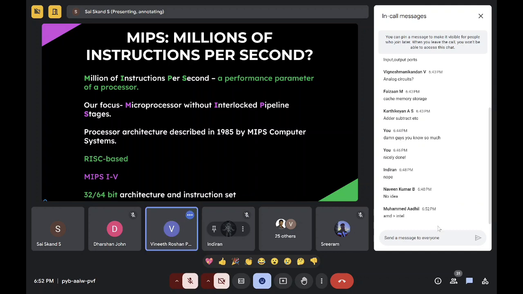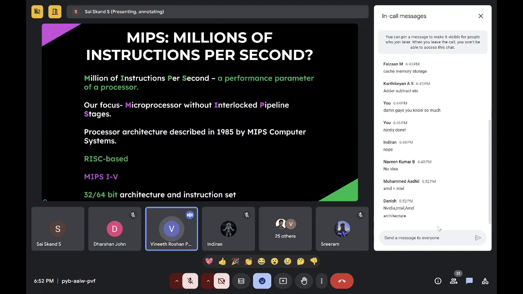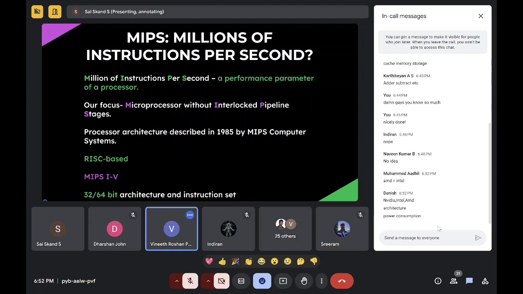So what are the differences between the processor in a laptop and the processor in a phone that come to your mind directly? Not in terms of technical stuff, but a day-to-day usage difference, what do you notice is different between those? Multitasking, okay, what else? Yeah, power consumption. That's the main thing. That's why laptops are also moving towards a certain type of chips rather than what they've traditionally been using, like Intel and AMD.